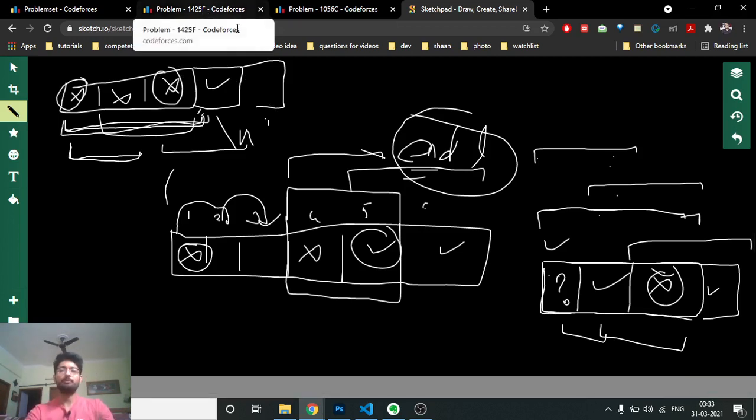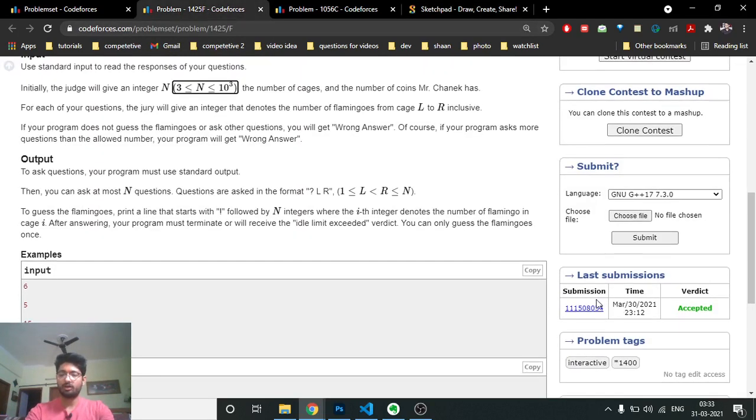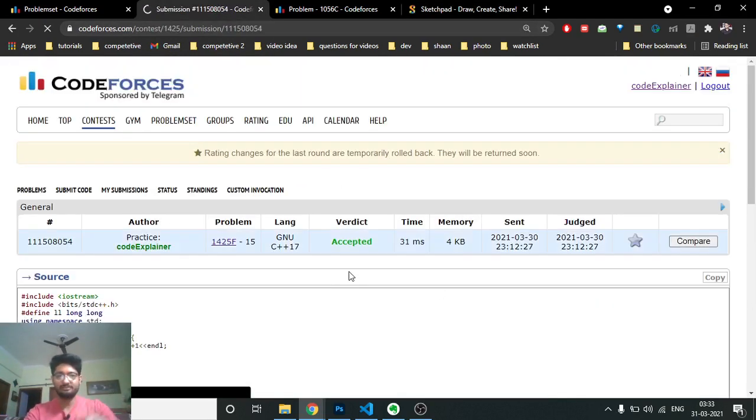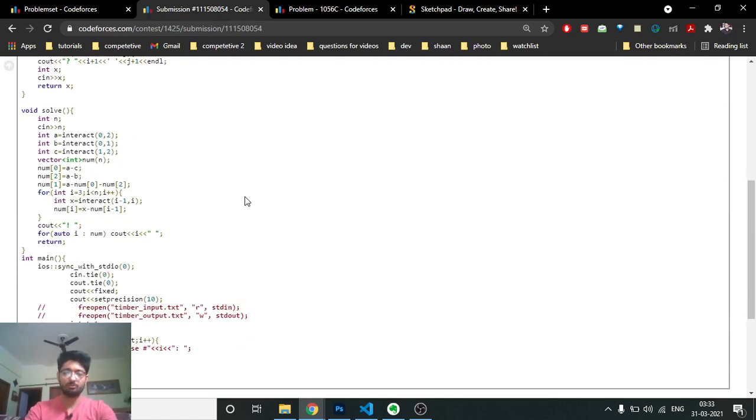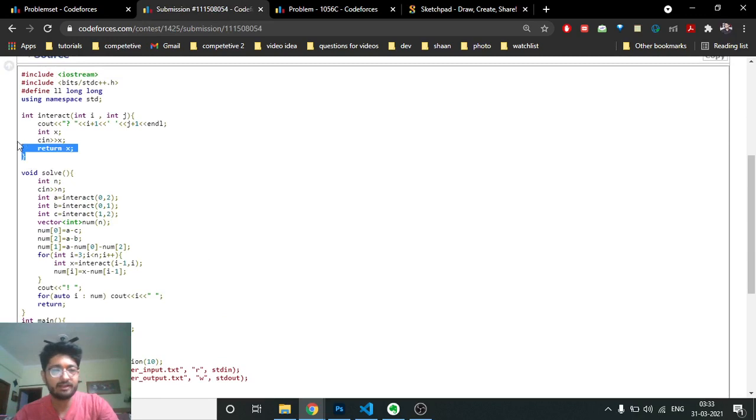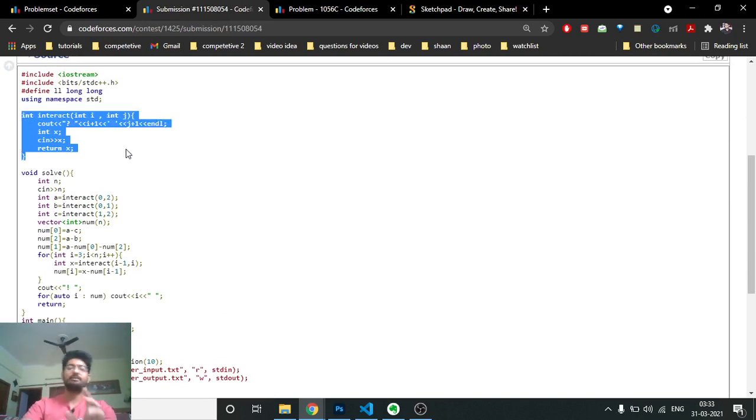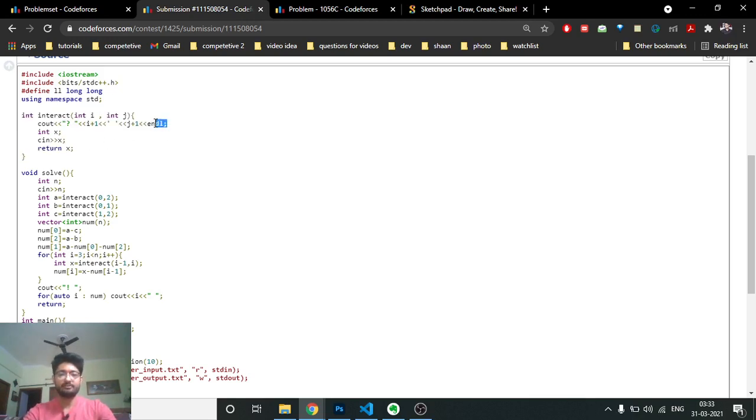We will be discussing more problems in the future, more on this series. First let's see how we will be doing these problems. What you can do here is, we will always make an interact function. This interact function will interact with the judge. I've also used endl to flush the output. Also, whenever this function is called, the instances are created, and whenever this function is over, everything is deleted. So that's the point of creating a function to interact with the judge being better.